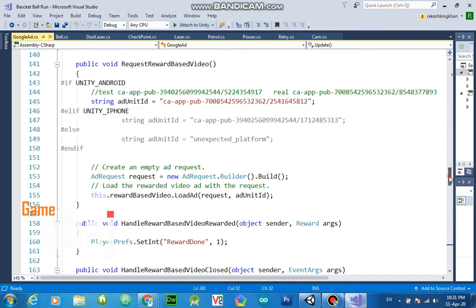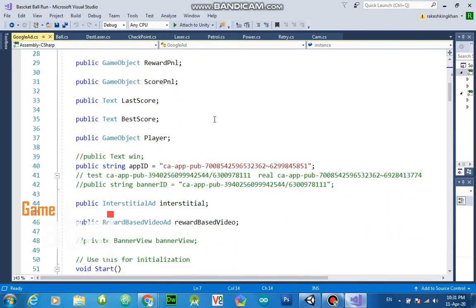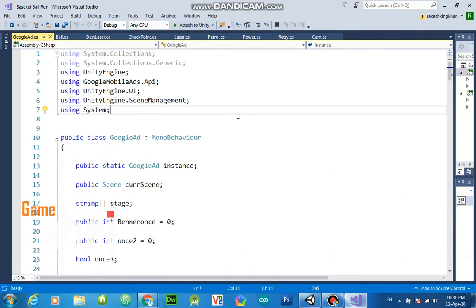For your convenience I attached the file's link in the description, so download it. What you require in this is adding this and adding this. I use some text and panels, and I also use scene management.